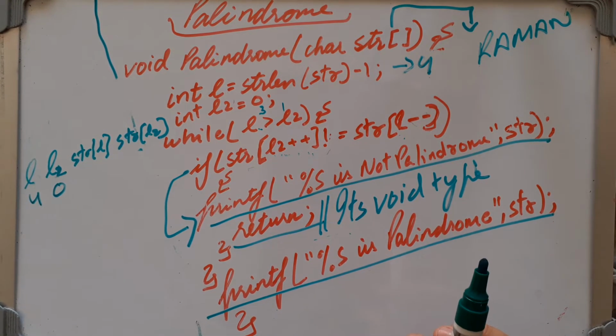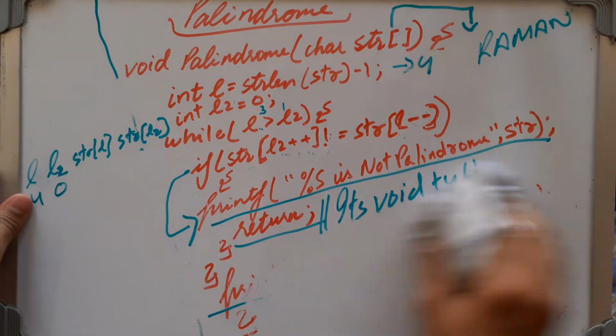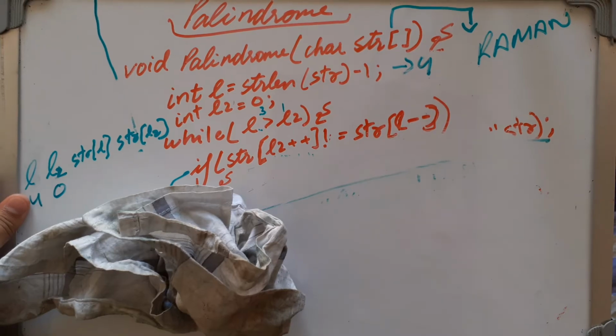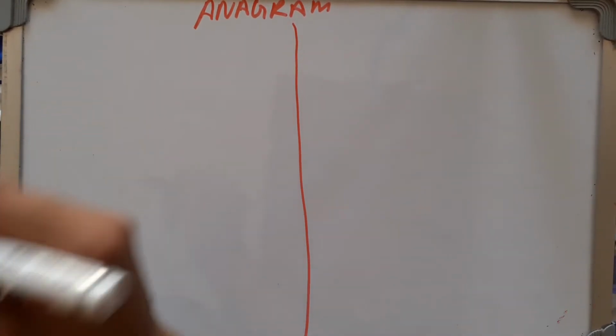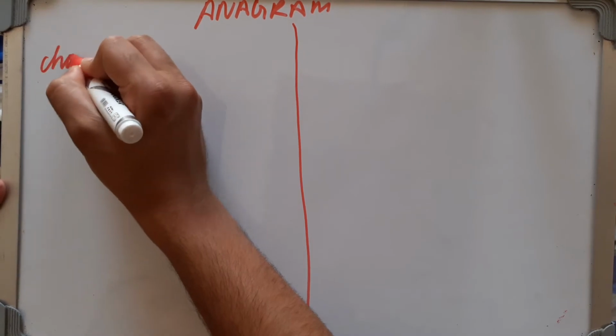After palindrome, which program we have to do is, let us do the anagram one. Now we have to do is anagram of 2 strings. Okay, suppose you are getting 2 strings, like take example char